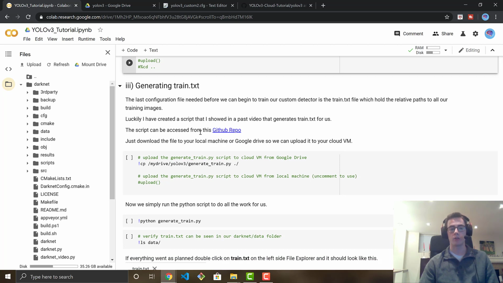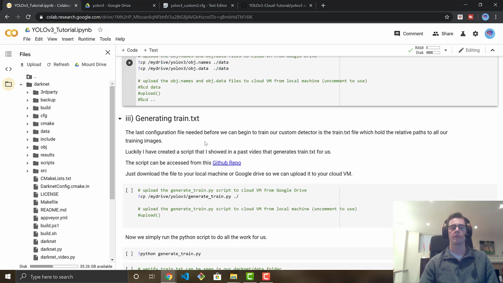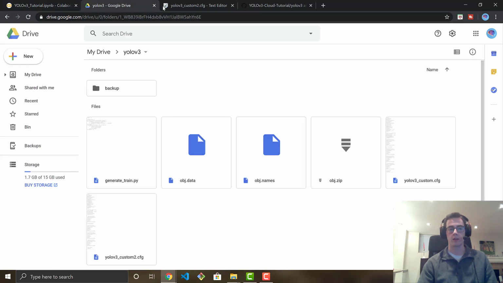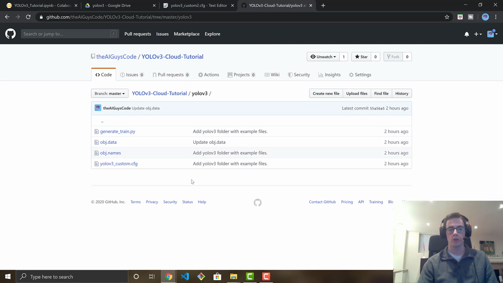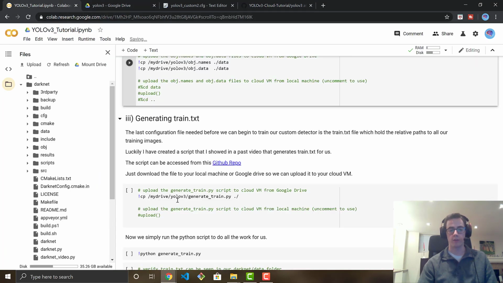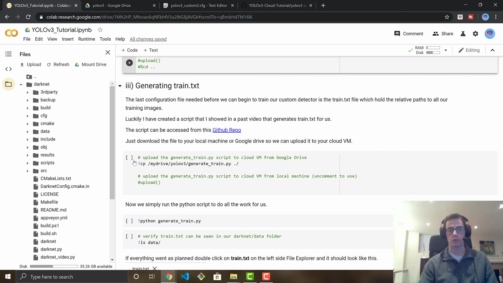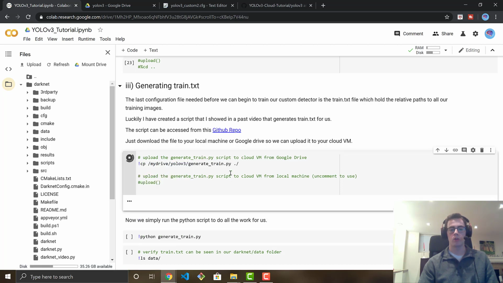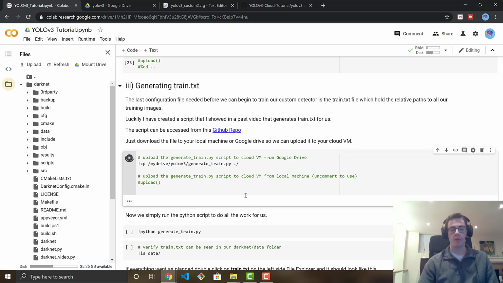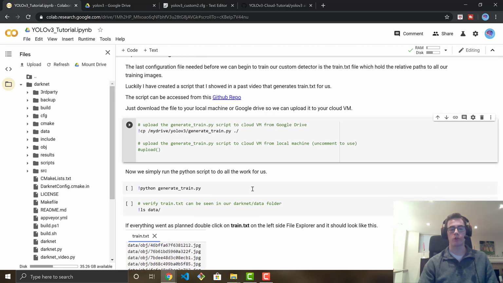This is a file that just shows all of the paths, relative to where you're training from, to all of your images. I also have that in my GitHub repo right here. So it's in here as well. So generate train, just download it, put it in your Google Drive, and then you can run this command to copy it in, or upload it by uncommenting that line right there. So I'm going to copy it in, generate train, and then by running that command, it will generate the train.txt